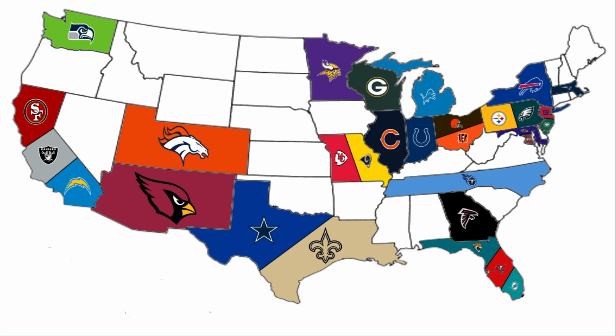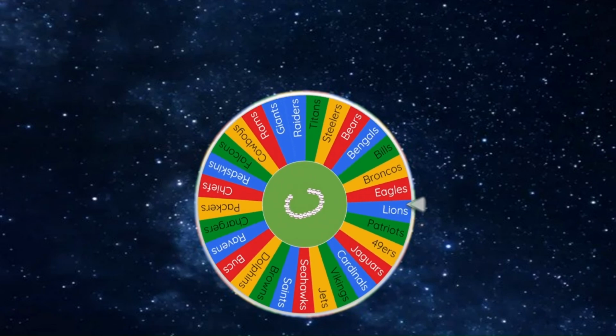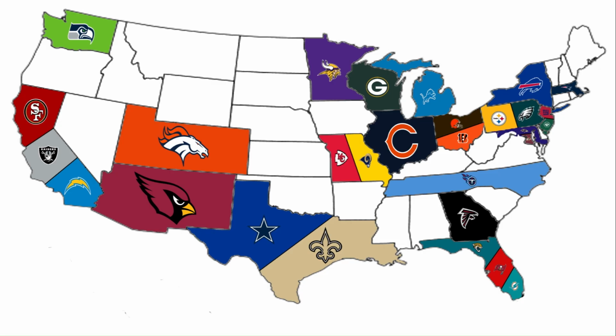This absolutely looked like a done deal for the Colts, but the game doesn't end until it's over. The Bears will take over the Colts' land, and we'll see what kind of momentum they can carry after this victory. We're going to get yet another close call on the wheel here, just passing the Lions into the Eagles. The arrow's much clearer. They're going to head south into Baltimore to face the Ravens.